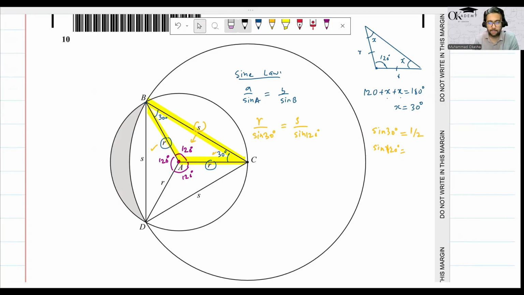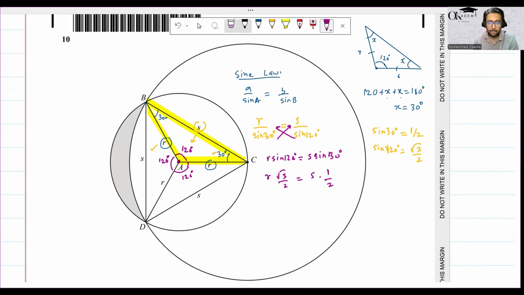And sine 120 degrees, let me work it out in my calc. So sine 120 degrees is square root 3 by 2. Okay, so let me cross multiply it first. This is going to be R sine 120 degrees equals S sine 30 degrees. Sine 120 is square root 3 by 2. S sine 30 degrees is equal to